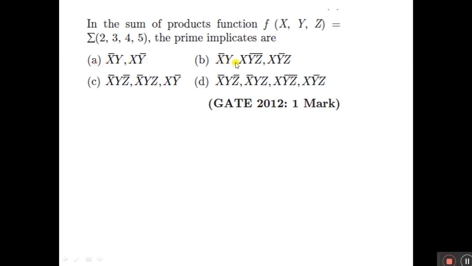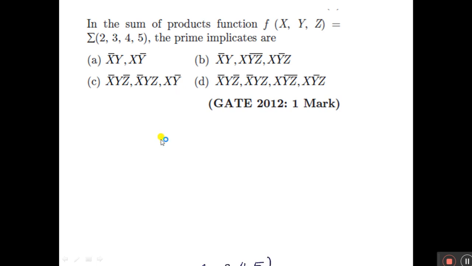Option B: x bar y, x y z bar, x y bar z. Option C: x bar y z bar, x bar y z, x y bar. Option D: x bar y z bar, x bar y z, x y z bar, x y bar z. So for this question, the sum of products function is given, and they are asking to calculate the prime implicants.